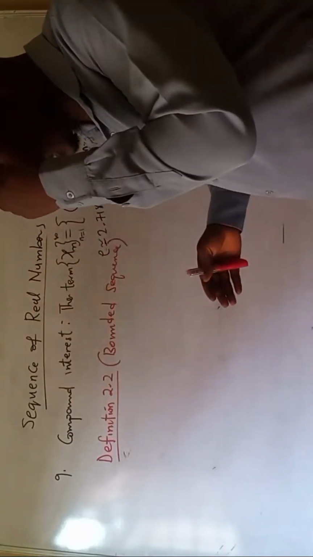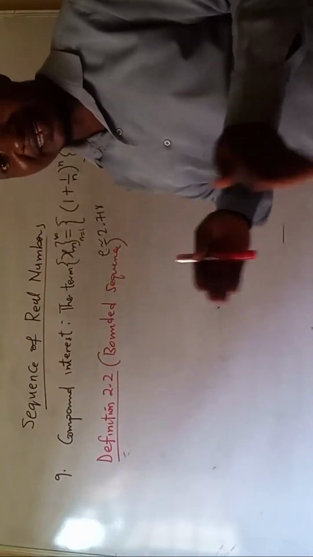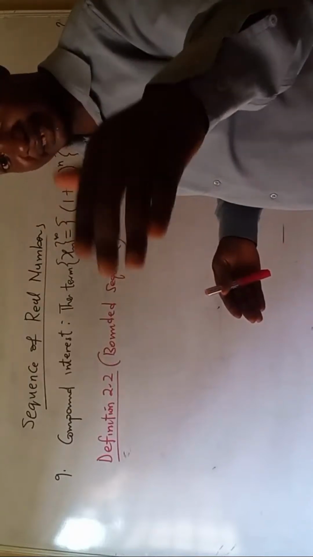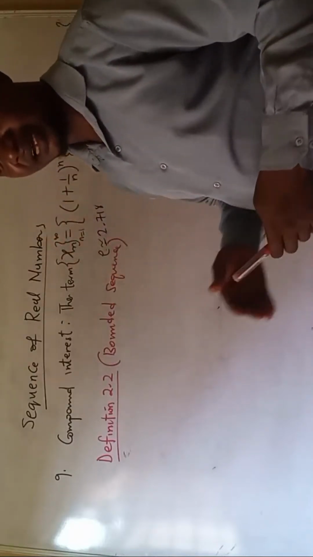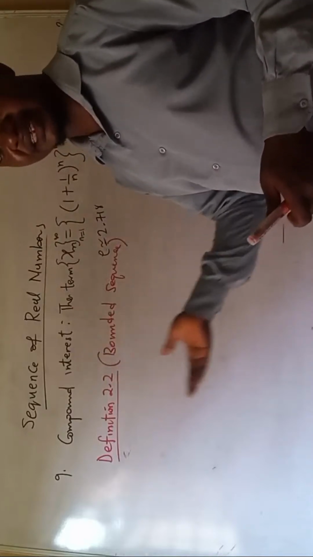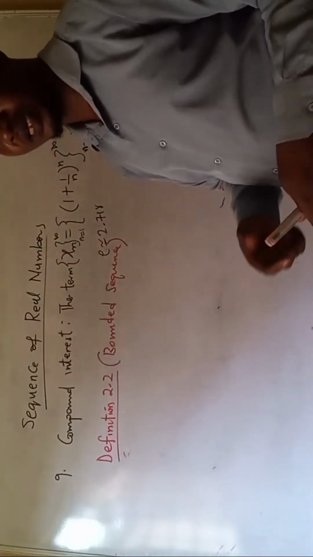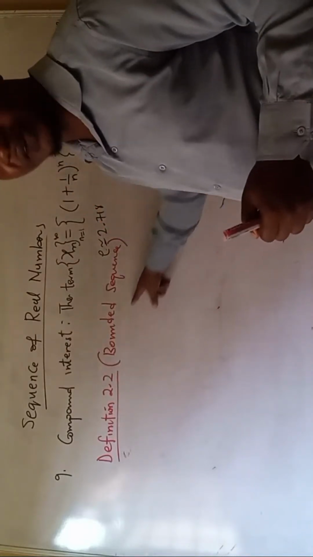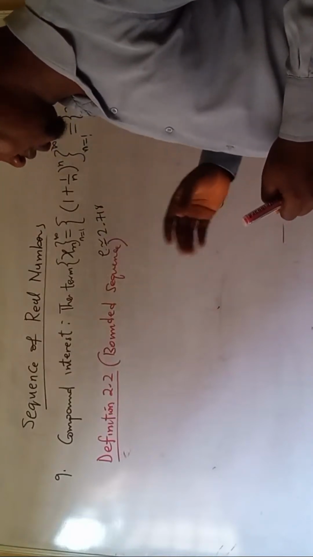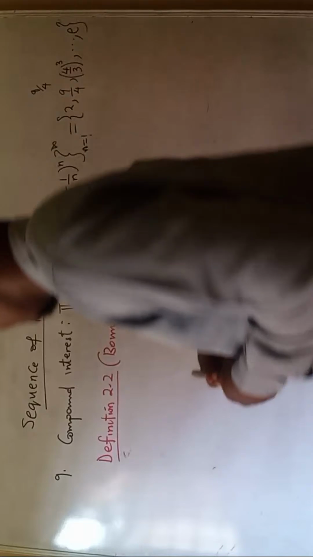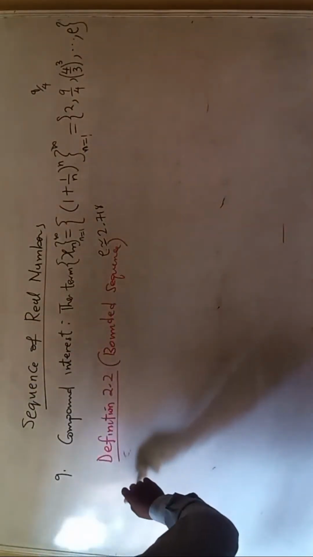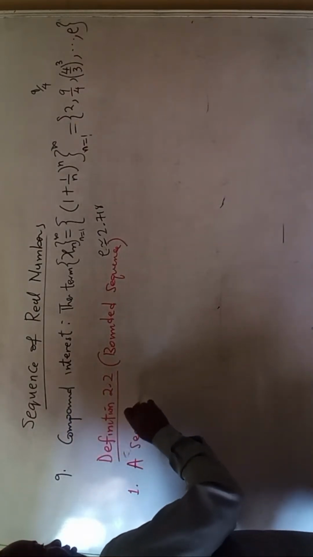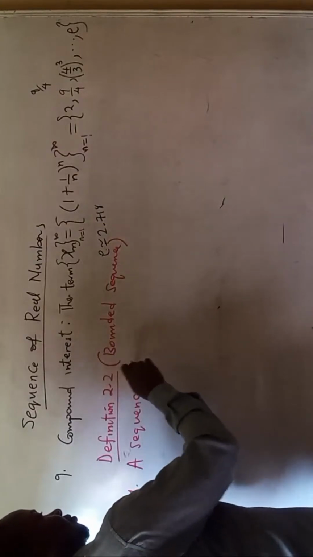But to make it more understandable, we first consider a sequence that is bounded below, that is a sequence that has a beginning, and a sequence that is bounded above, that doesn't have a beginning but has an end. So when we bring both of them together, both of them now constitute this definition. So let's take them one after the other. I will label this one: a sequence xn.